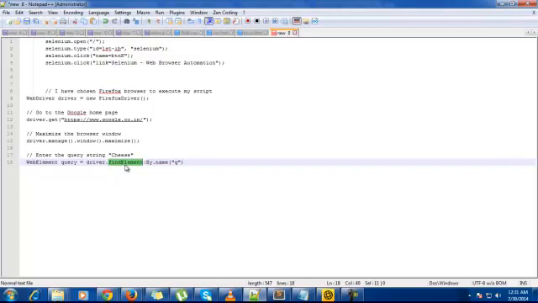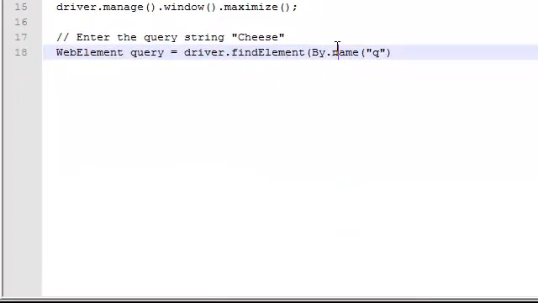Find element is one of the methods. In that, By.name query will give the WebElement. On that, you then do whatever operation you want. So it is purely a chain of objects that we can implement.